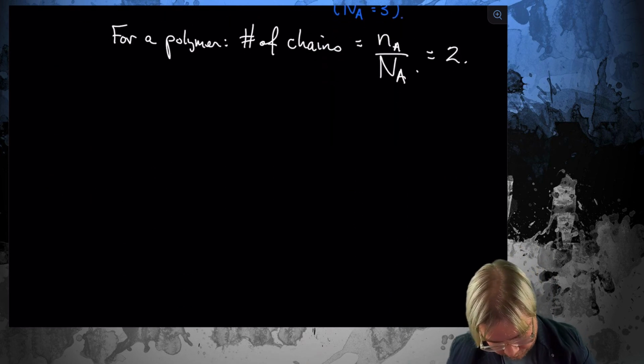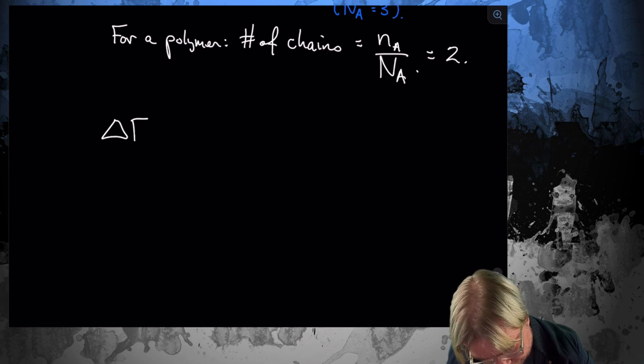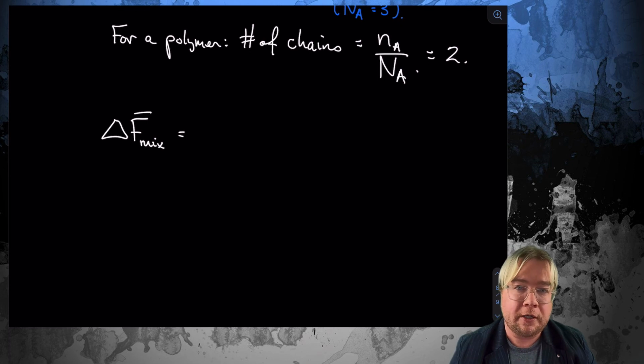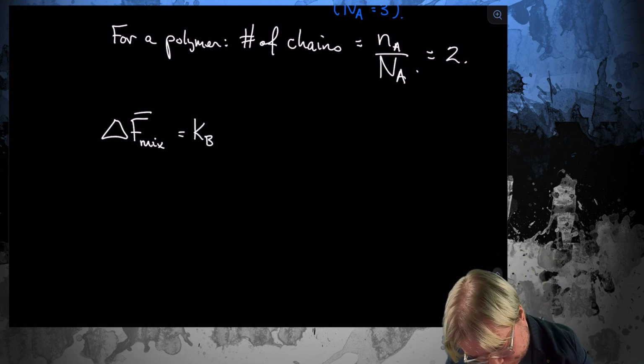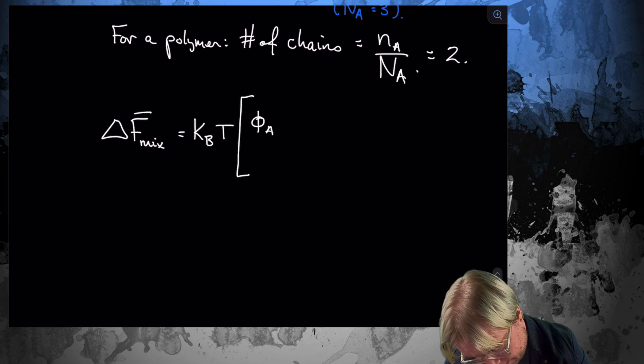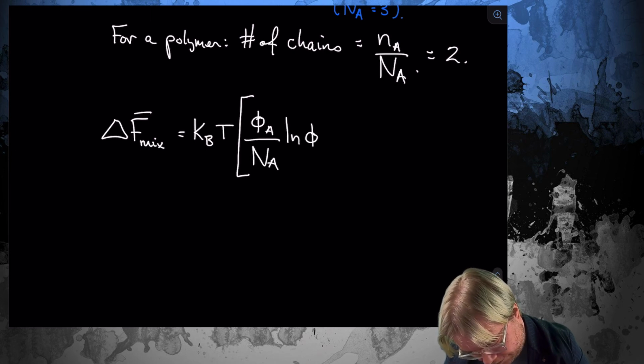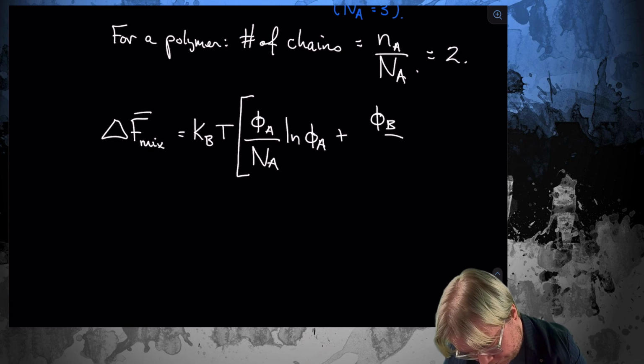So that's what we do. Delta F of mixing, put the bar on top, per particle, will be kBT times phi A over Na log of phi A plus phi B divided by Nb